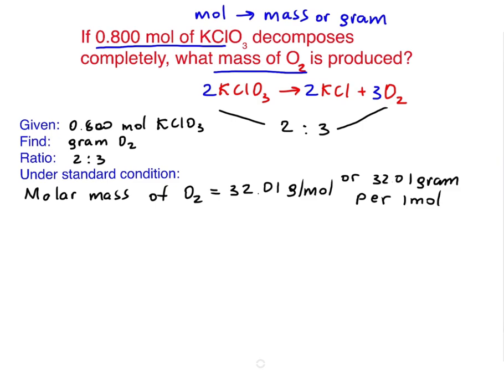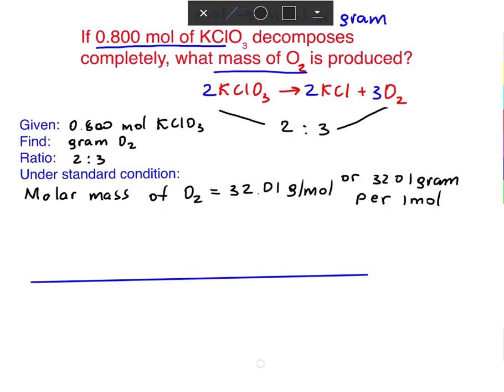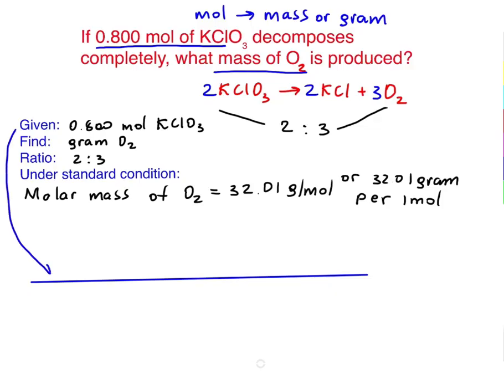So since now we have everything ready, we have written, we have filled the template. The next is, of course, we move to solve the equation, to solve the problem. And you need to write the fraction line. And then the first thing first, you always make sure you write what's given to you. The rest, the order doesn't matter, but the first one should always be the given, which is 0.800